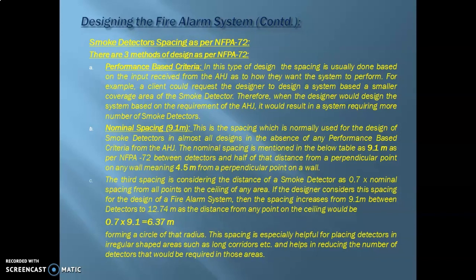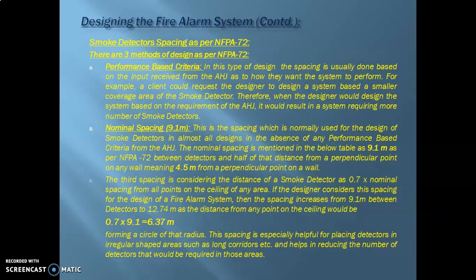Means at 90 degrees, the distance of the smoke detector should not exceed 4.5 meters, and between detector to detector in any room or any area, it should be 9.1 meters. We've also mentioned that there's a table over here as well. We'll get to that once we complete this section.